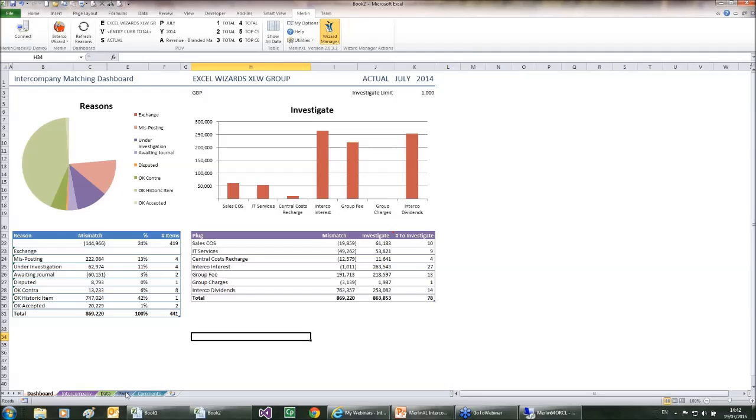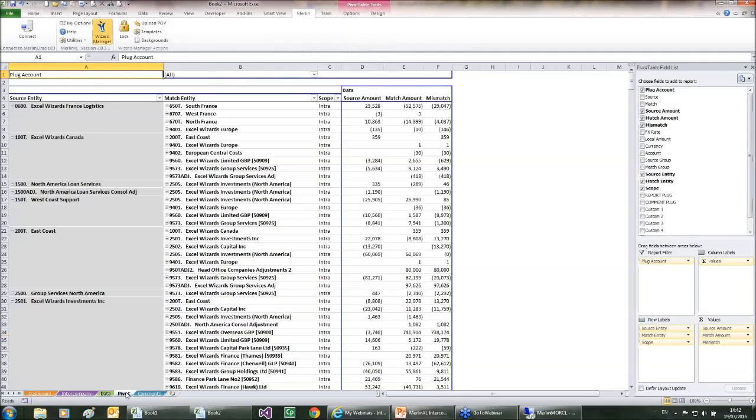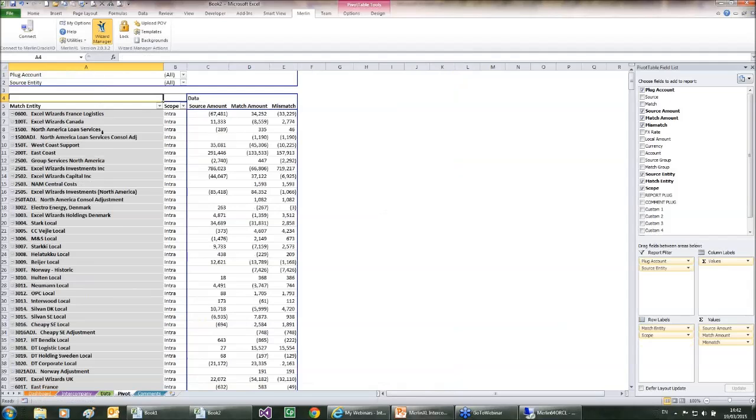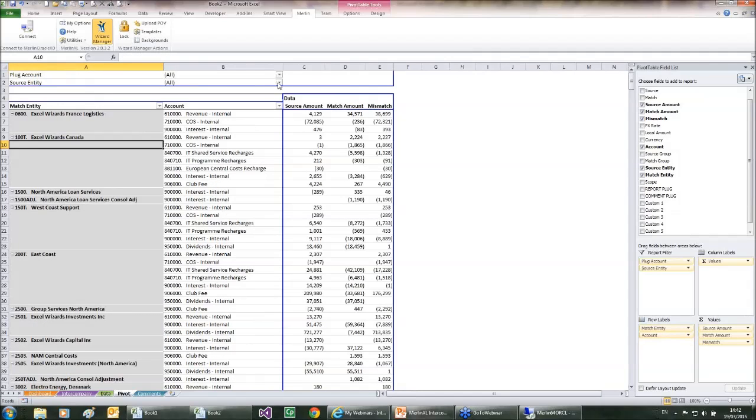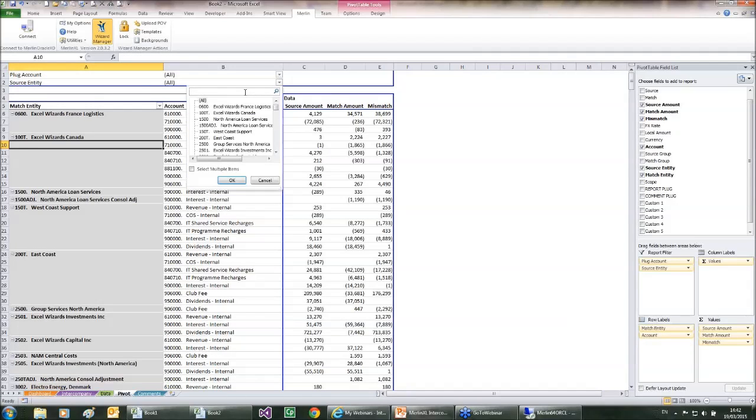Another hopefully useful report is the pivot table report. Here we have the same intercompany information in a pivot table. Pivot tables are very good for summarizing this type of data, and it allows the users to build and design their own reports. So for example, if we wanted to look at the intercompany data for just a single entity, drag up the source entity to the top here, and maybe rather than seeing the scope, I want to see the account. And if I want to search for just a single entity, I'll just type in the entity code,